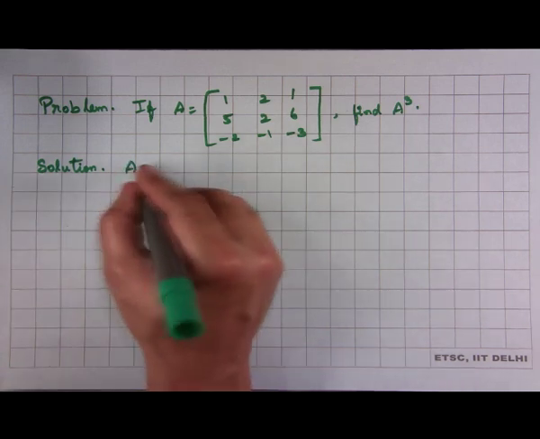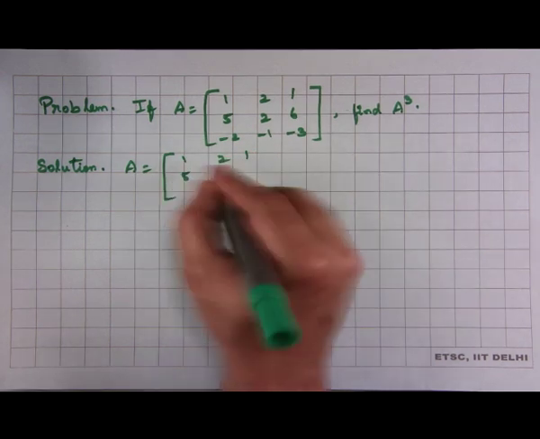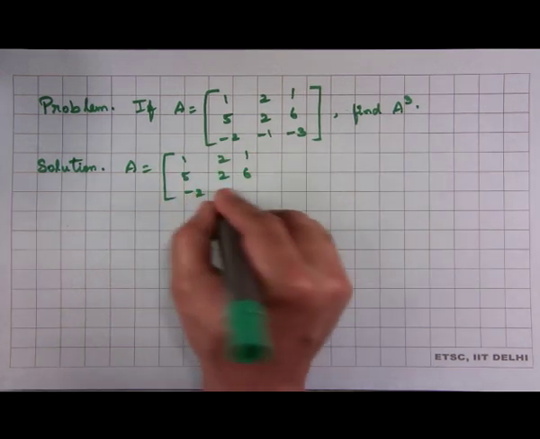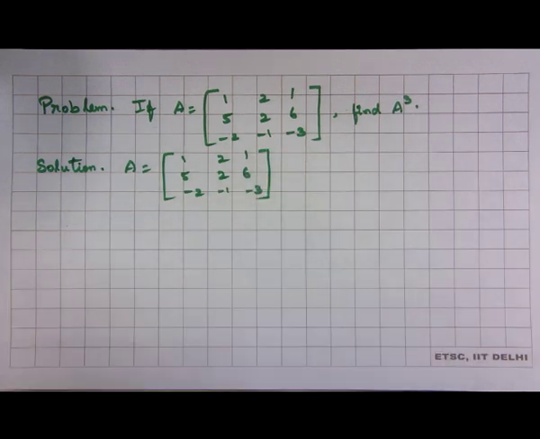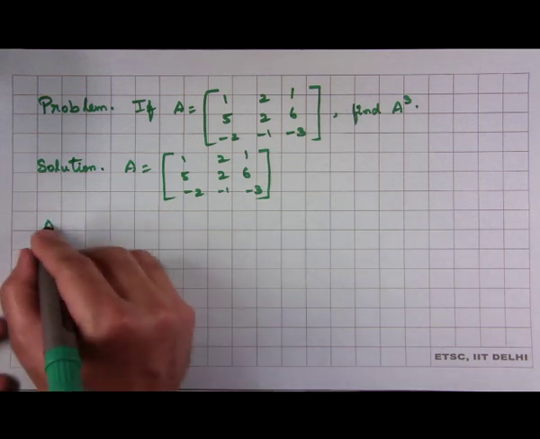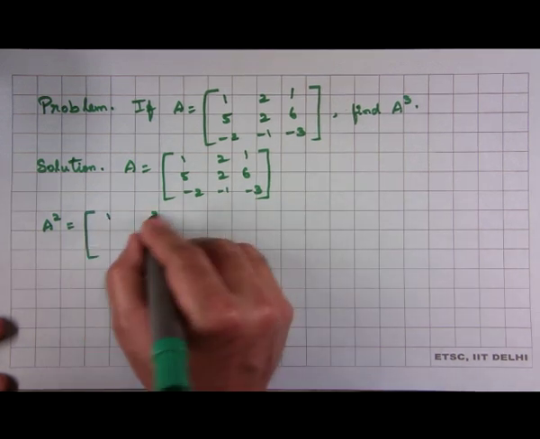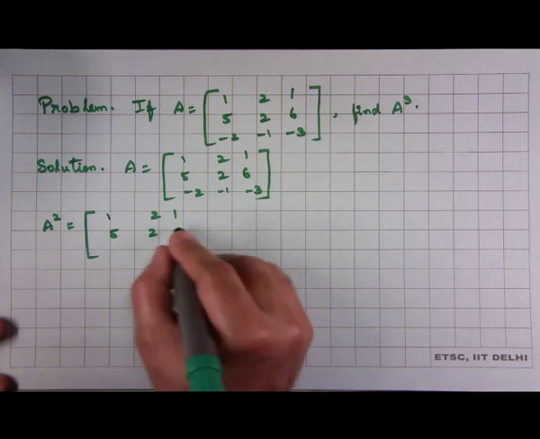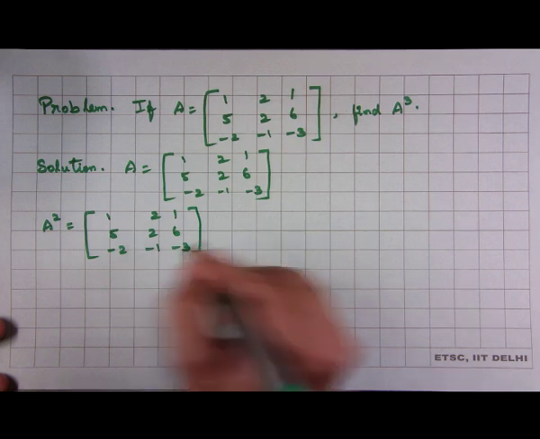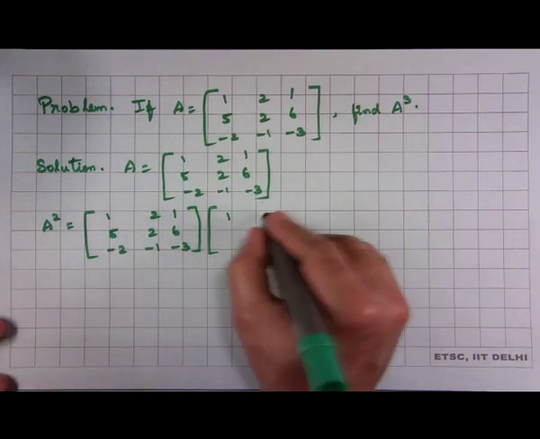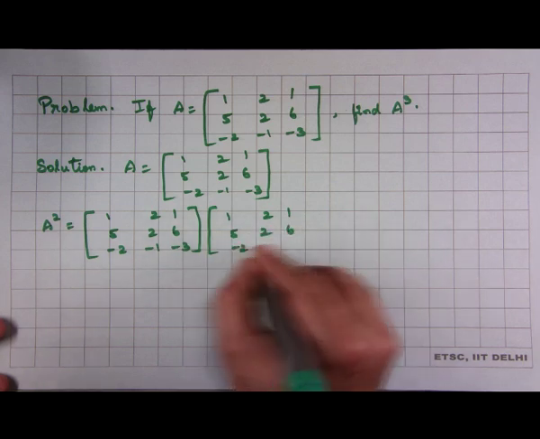So, we are given that A is 1 2 1, 5 2 6, minus 2 minus 1 minus 3, right. Now, let us try to find A square. A square is this matrix times the same matrix, 1 2 1, 5 2 6, minus 2 minus 1 minus 3,